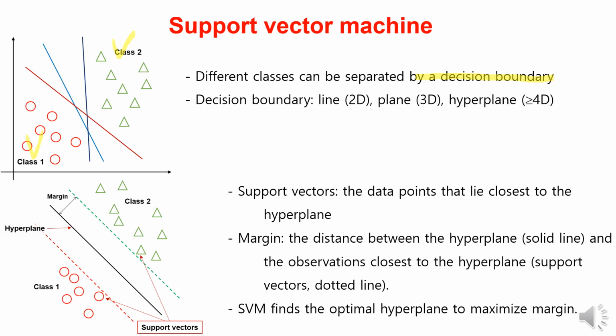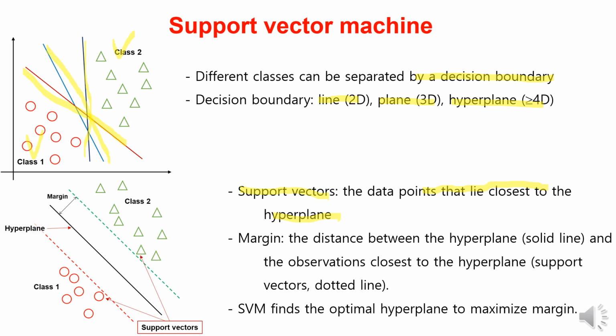In 2 dimensions, the decision boundary is a line. In 3 dimensions, it is a plane. And in higher dimensions, it can be a hyperplane. There can be many hyperplanes that can classify the classes, so we need criteria to determine which one is the best. The data points that are closest to the decision boundary are called support vectors, and the distance between the